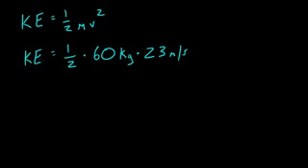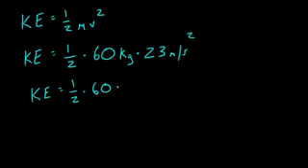Well, in order to calculate my kinetic energy, first, make sure you square the last number, and I'm just going to go ahead and throw out my units because units are kind of messy to work with. 1/2 times 60 times 23 squared. Now, I'm not going to treat you guys like idiots. I know that you know how to square this number and multiply already, so I'm just going to jump to the answer. If you want to, figure this all out on a calculator or in your brain, you can.